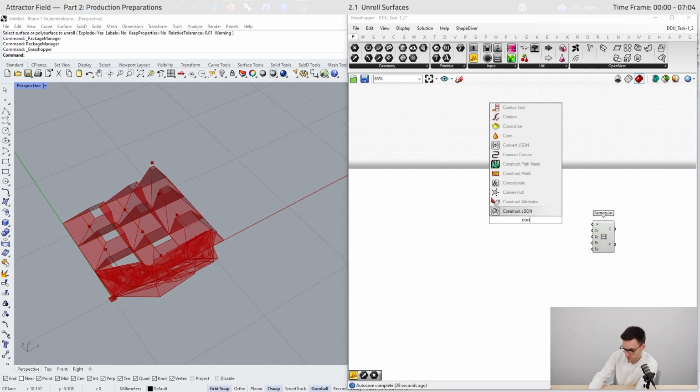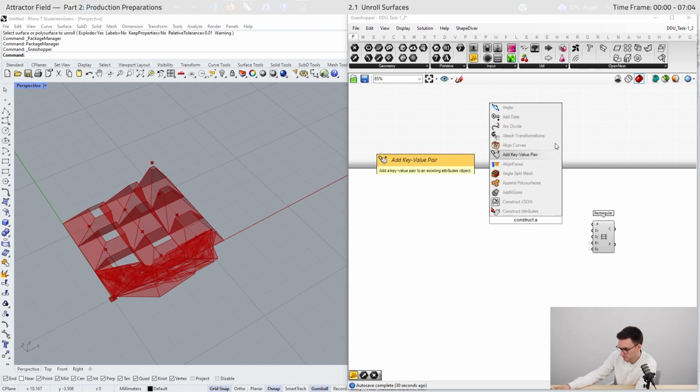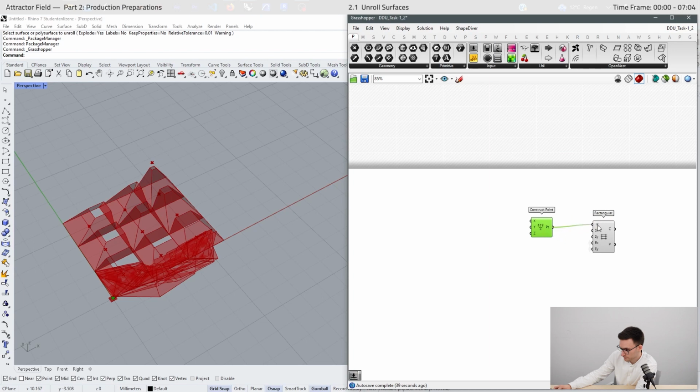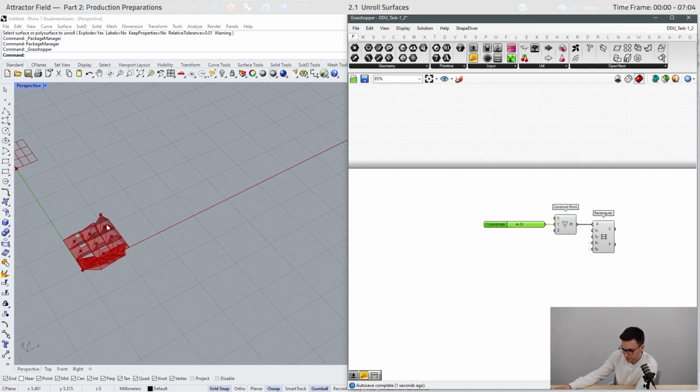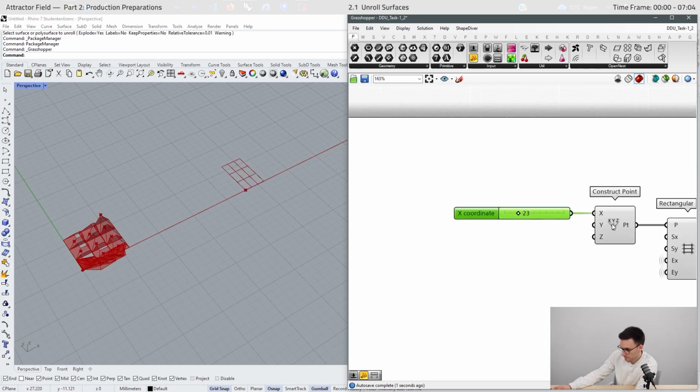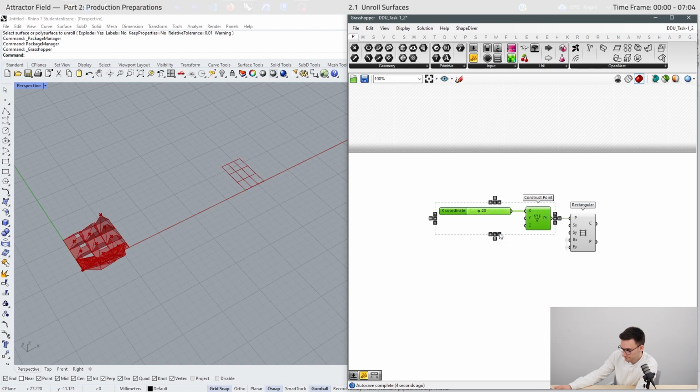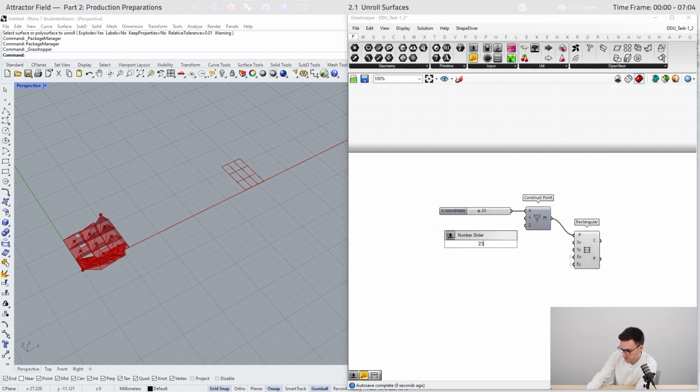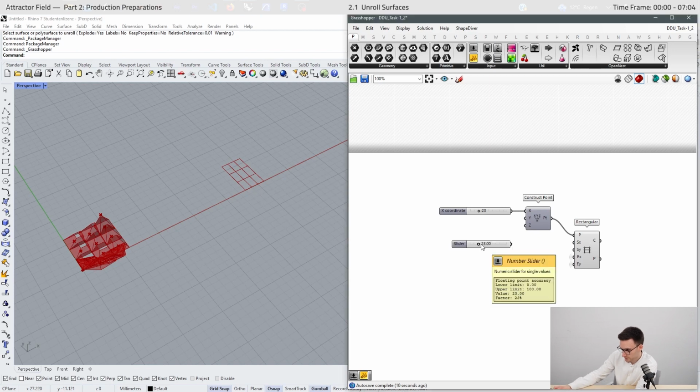I will construct a point to move this layout in Y direction or in X direction. And then we can set the spacing.